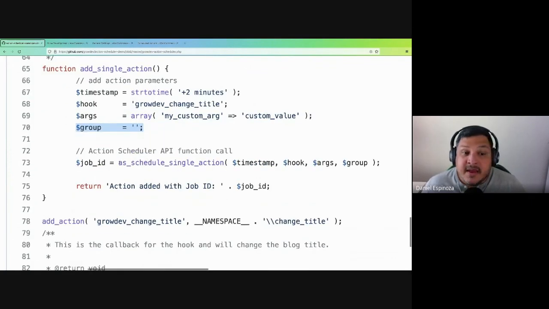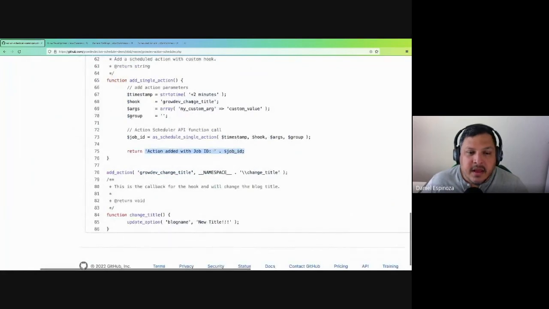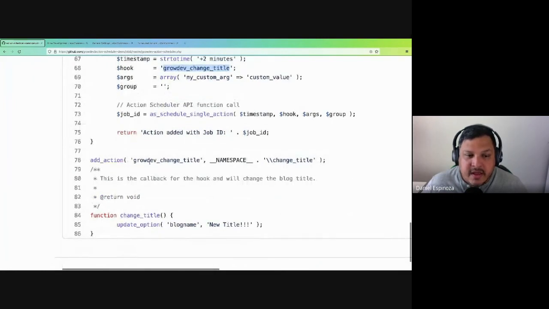And then it calls the API function on line 73, as_schedule_single_action, with my parameters. If it succeeds, it's going to send me back an ID of the job that it created, and then I'm just going to return that to my page callback, and then it'll display the job ID of the action it created. And then I handle the growdev change title hook further down in the file, and